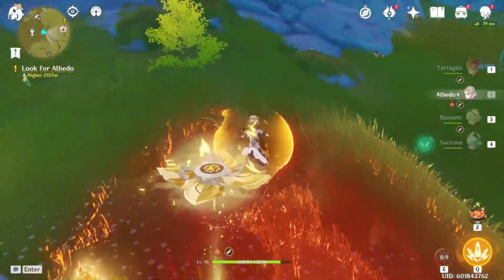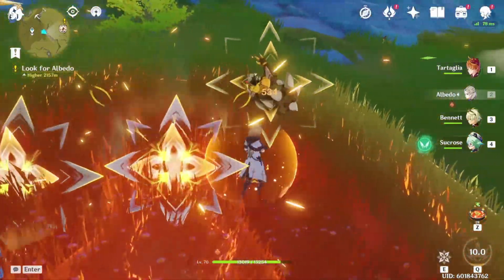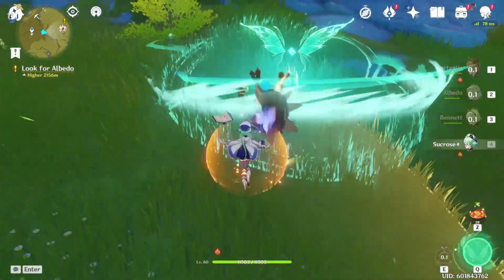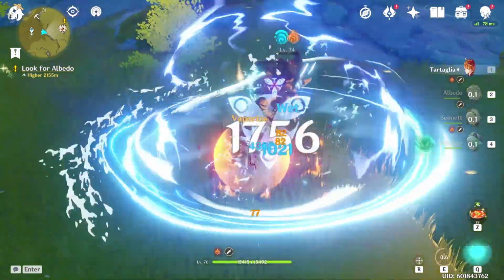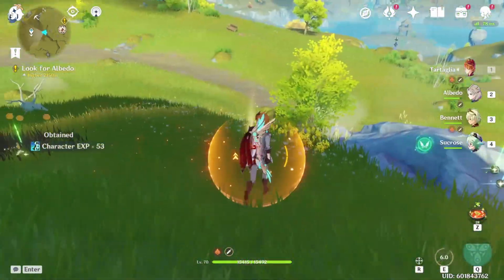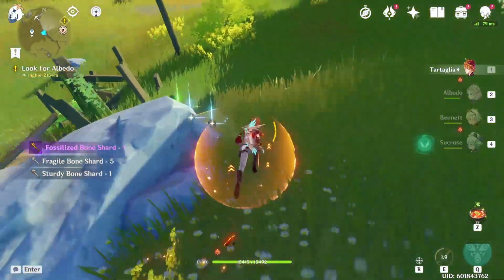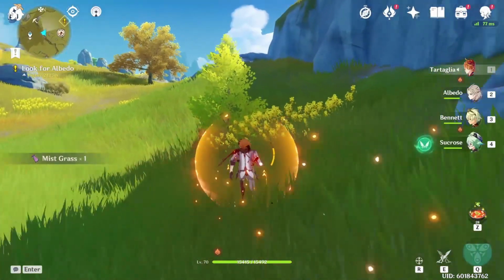So if you're running a physical team with superconduct, you will get slightly less value out of her than if you were to be running a melt or vaporize team, which heavily relies on elemental reactions. Since the focus of your team is not on dealing damage through reactions, physical teams usually won't find much success with her. That being said, let's look at some options that she would be good for, starting with the double